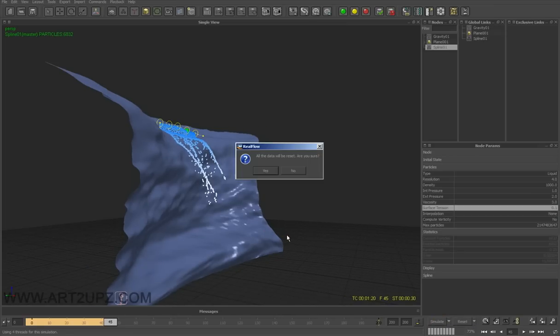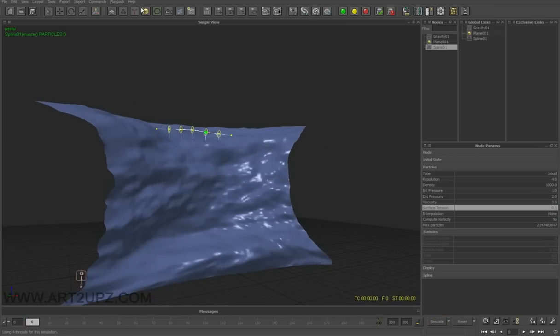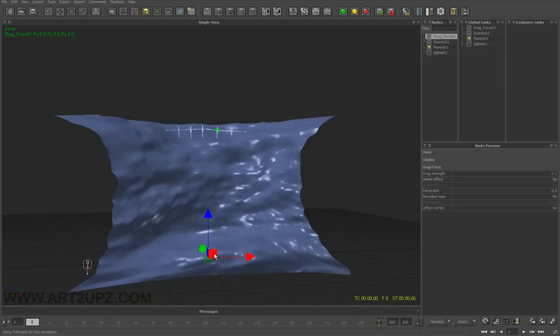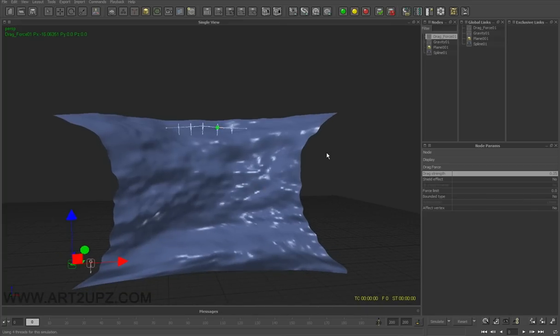For example, if I put inside the drag force, and in drag force the strength, I put 0.25, and boundary notes, it's okay, and I can duplicate, for example, this little type, my gravity, and I put here